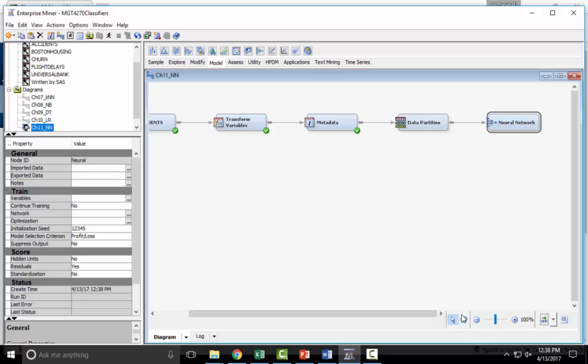Sometimes you may have to do some trial and error before we get to a good model. So let's use the same list of variables that they have used, which is